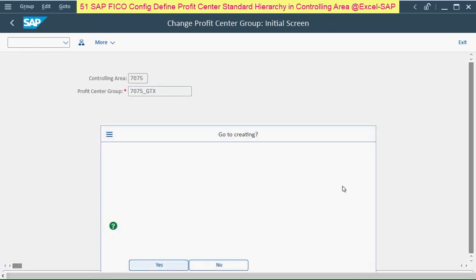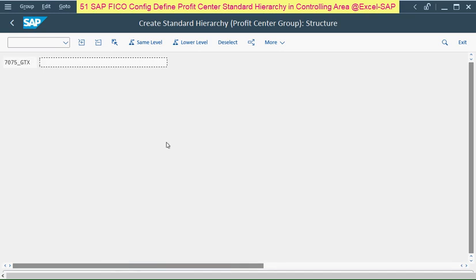click on yes, enter the description of a standard hierarchy here, press enter, click on save,